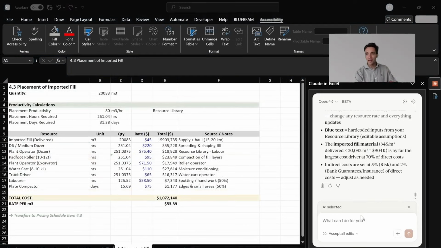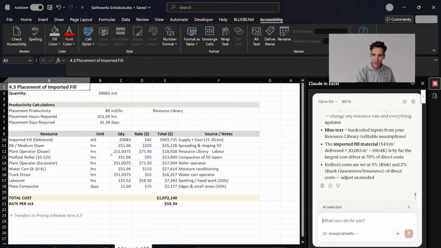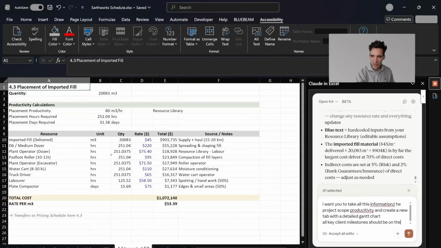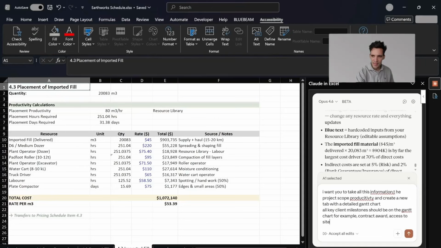Okay, the next one I'm going to show you, I think is really cool as well. I want you to take all this information, project scope, productivity, and create a new tab with a detailed Gantt chart. All key client milestones should be on the Gantt chart. For example, contract award, access to site,